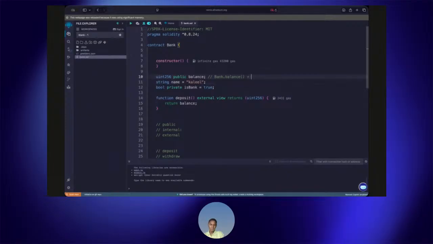In our case, for now the balance is 0. And for private, when you do bank dot something like this, it will not return anything, or it is not valid because it's not visible. So that's the difference between public and private.